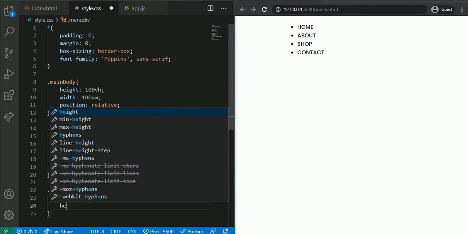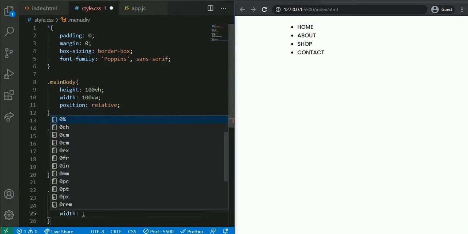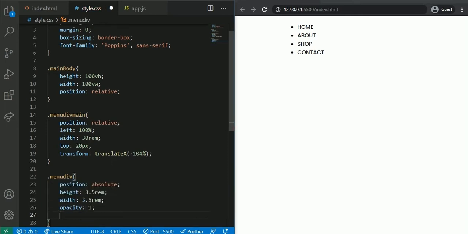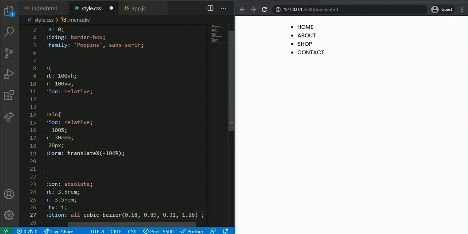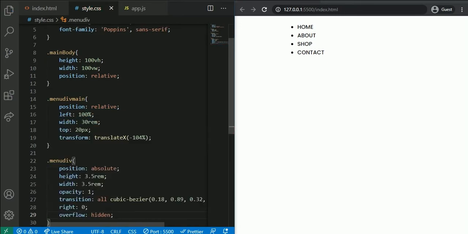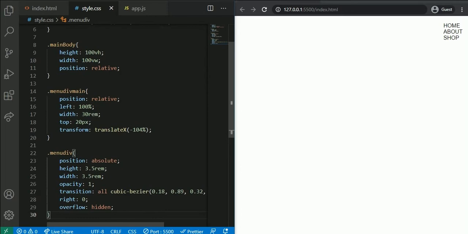Now the menu div: position absolute, height 3.5rem, width 3.5rem, transition of all cubic-bezier with the values 0.18, 0.89, 0.32 and 1.26 and duration of 700ms. Opacity 0, overflow hidden. I will assume you all know what each property does.